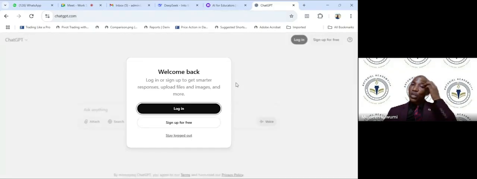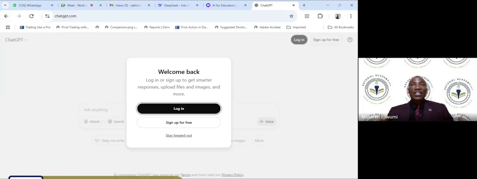Okay, now normally when you open ChatGPT, it's a very good thing to log on so that it can be personalized. But sometimes you can still stay logged out and it will still work. It's always good when you log on with your account, so create an account for yourself. Anytime you log on, you keep the record of all your information, what you have typed on ChatGPT. Since I've been using my ChatGPT, I have all the records, all my logs are still saved there, so I can make reference to them.